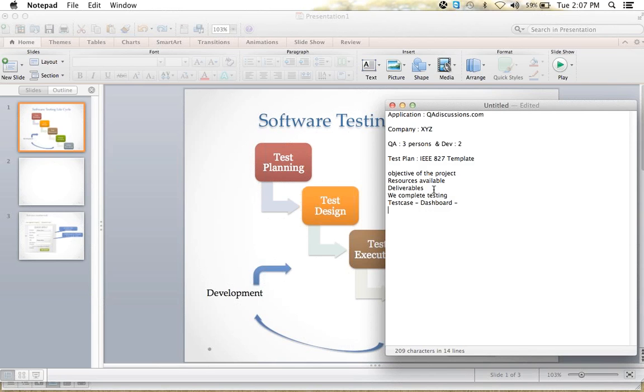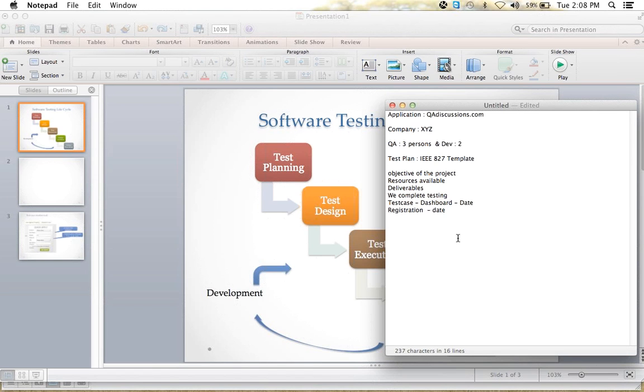Then we'll go to some registration form, and then the next deliverable. These are the deliverables. We'll give a certain date for each. Here we give some date and say that on this particular date we are going to deliver a particular dashboard. After this module is completed, we'll go for a registration module, and we'll also maintain a date here. In this way we'll give deliverable dates here. So these are all necessary.